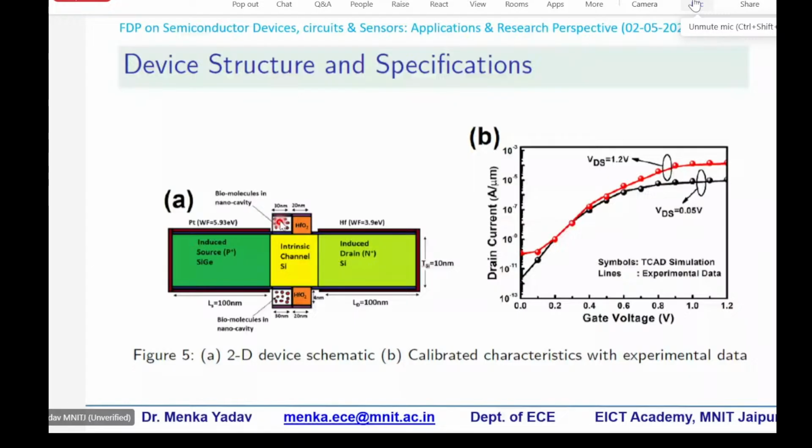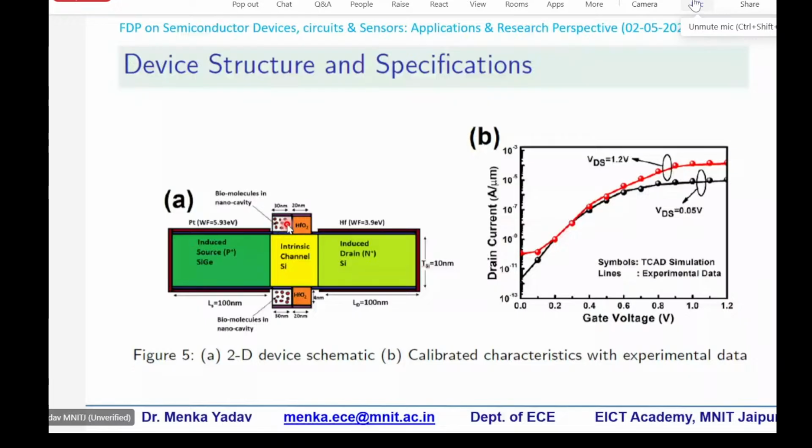Now these biomolecules will have certain electrical characteristics. What kind of electrical characteristics? For example, it can be positively charged, negatively charged, or charge neutral, and it can also have some electric permittivity. That electric permittivity we need for this insulator, right? So if this has some electrical permittivity and it is charge neutral,